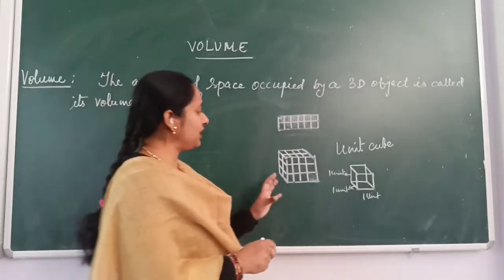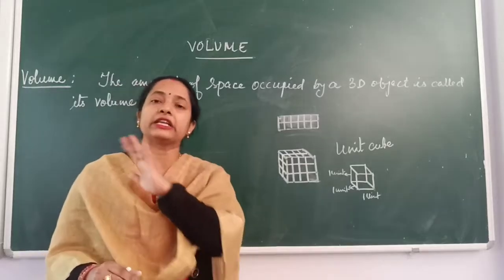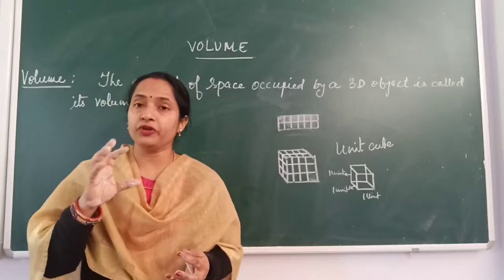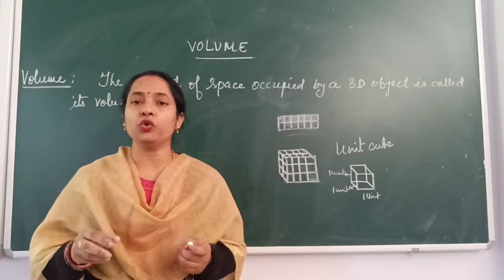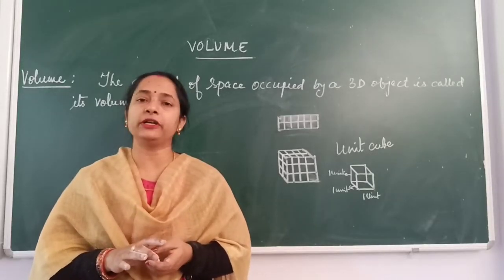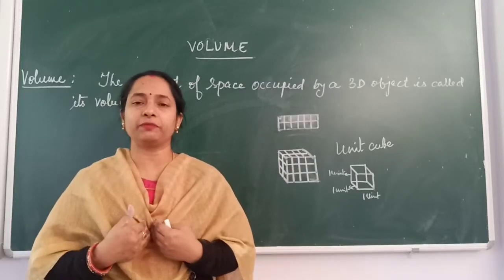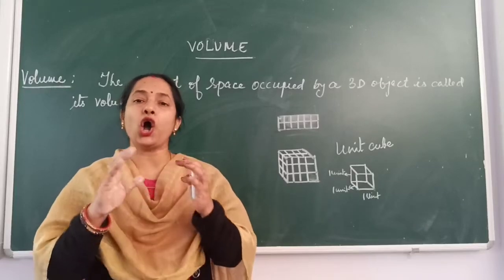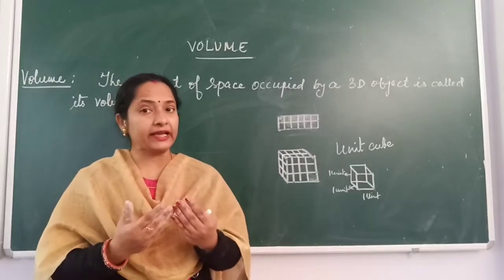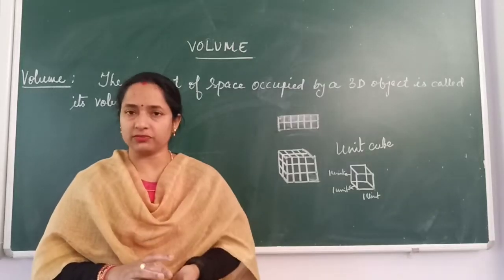Here, as we are dealing with 3D shapes, we have already learnt about perspective views, isn't it? When we are viewing an object from a different perspective, all the faces and sides of that object will not be visible to us from one perspective. Suppose I am looking at the object from this place, I cannot see all the faces, because from the angle I am looking at, some faces will be visible and the other faces may not be visible.